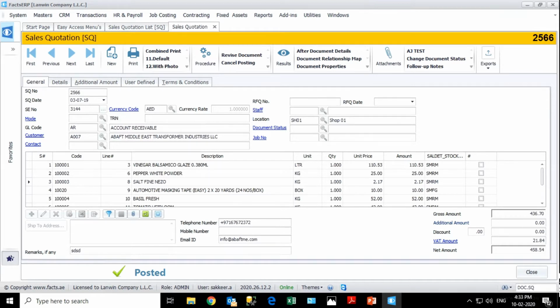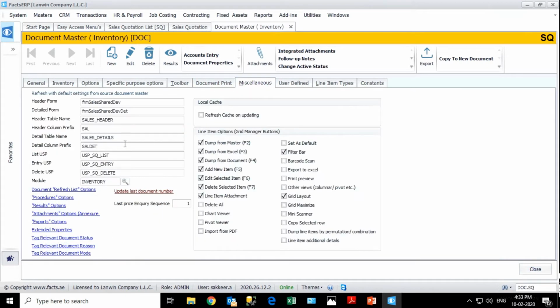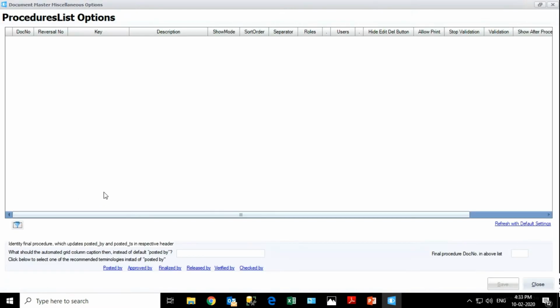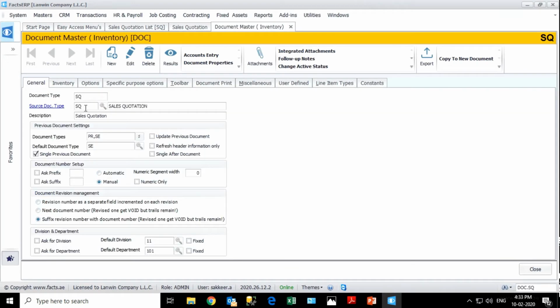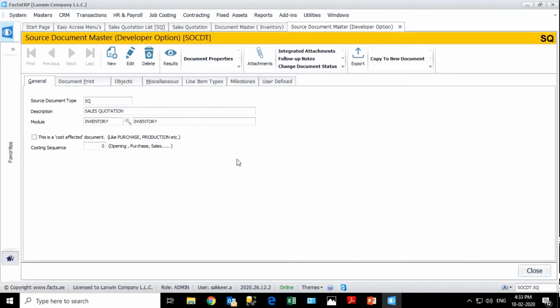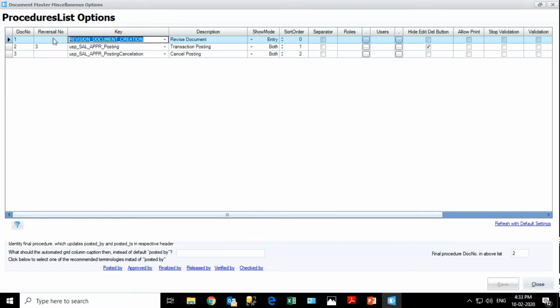You can go to the document master of sales quotation, and inside the miscellaneous tab there are procedure options. It is not available here, so you have to go to its source document. So there is a procedure option. See, here we are simply putting one predefined key, revision document creation, and we are giving the description.